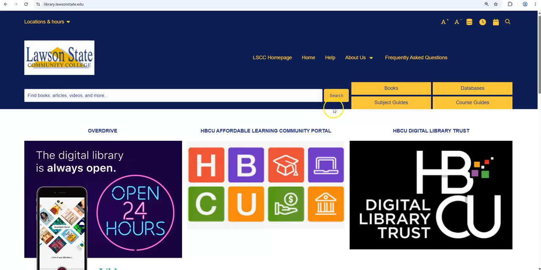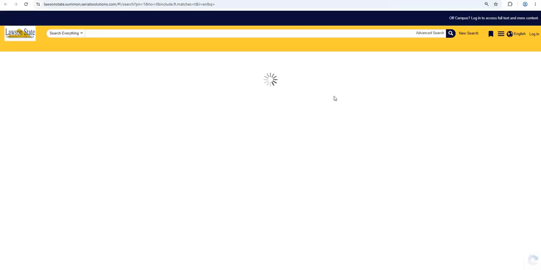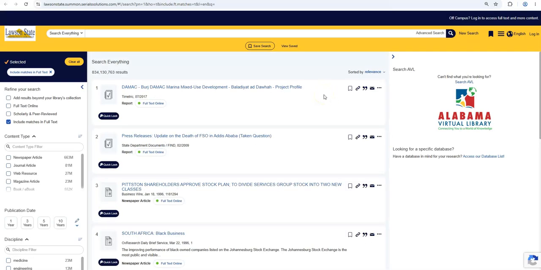Now, looking at the Lawson State homepage, there is going to be a search field that has "Find books, articles, videos, and more." If you click on the search button next to that search field or search box, you'll be brought to this interface for ProQuest. ProQuest has a discovery tool known as Summon, and this is where we are now, the interface for the discovery tool for ProQuest. But if you look to the right of your screen, you're going to see a column and an image, and below that image it says the Alabama Virtual Library. If you click on that image,